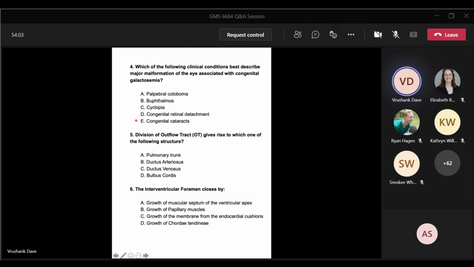So which one is correct then? Am I making sense to all of you? Is it C? Yes, it is C. So the idea here is that after everything is done, at the end, you will have these endocardial cushions, which are then going to form this membrane to close the intraventricular hole or foramen or whatever we call it.